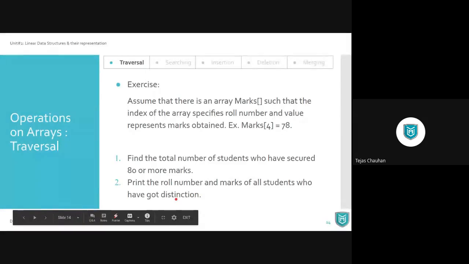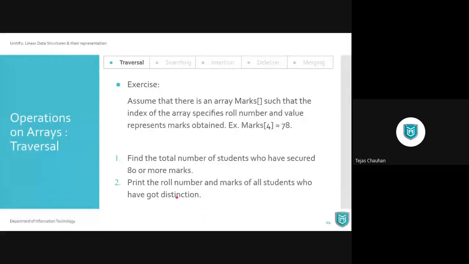Whoever has 80 or 85 percent or more, you print it; otherwise, you simply skip it. So this is the exercise. I want you to do this at your own time, at your own place. We are not going to do it right now in this lecture. If you face any problem, we can discuss it in a lab session.